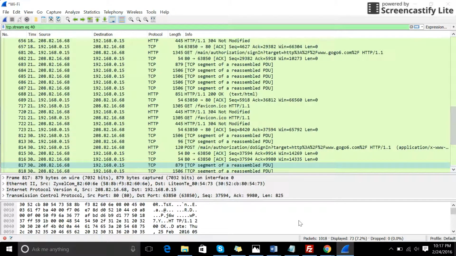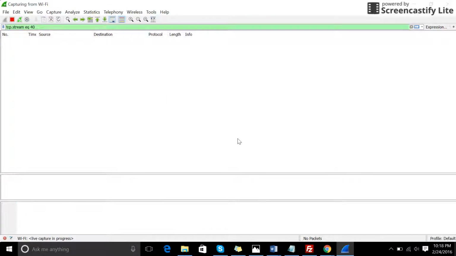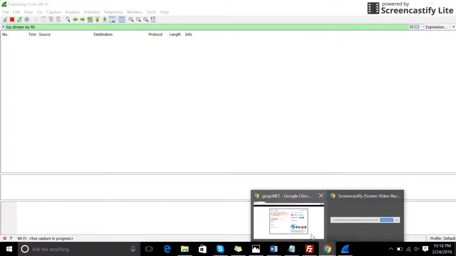Now let's look into a scenario where an attacker wants information from a user. So he puts the user under observation to see what kind of data he's trying to gather. So now let's try to do that. Let's start over again. Continue without saving. Go to Google and